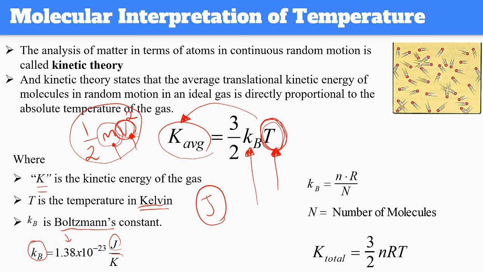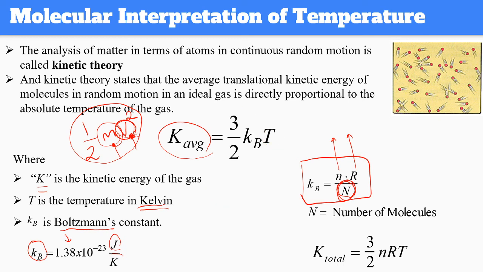It's basically this weird number. And another way of writing Kb, the Boltzmann constant, is actually coming from here. So the number of moles and the gas constant, once you multiply those two and divide it by the number of molecules, then you are also able to find the Boltzmann constant. So here we basically have